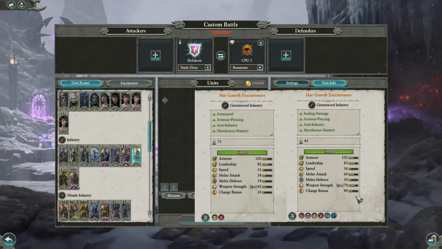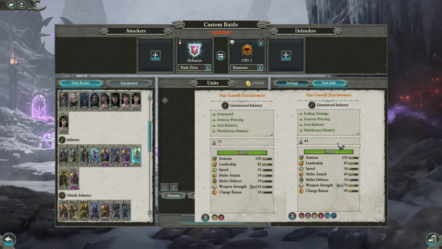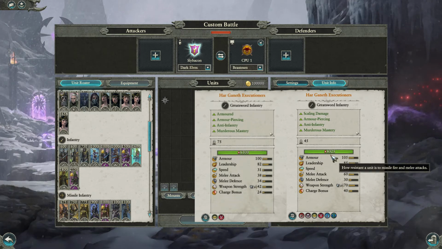Alright, we're getting up into the big boys now. This is top tier Dark Elf infantry we're looking at. Scaling damage, that's something new. The amount of damage this unit causes increases based on the amount of hit points the target has lost. Oh, nice. I quite like that. A lot of units should run that way. So 75 models down to 45, so massive reduction. But again with the increase in health up to almost 8.5. 5 more armor. 85 leadership,